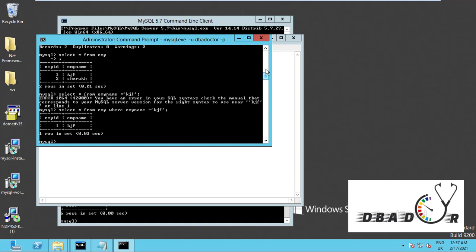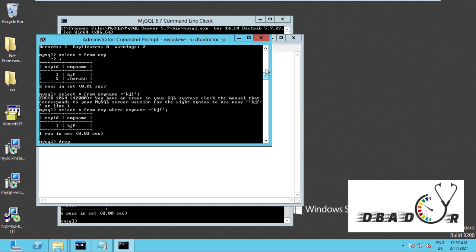Now we are going to delete the record which is not required now. So almost a table is created, database is created, and user is created. So if we want to switch, so I'm dropping the database.